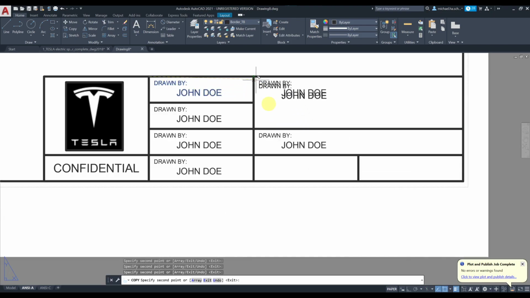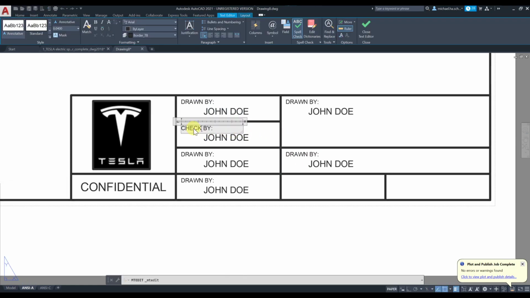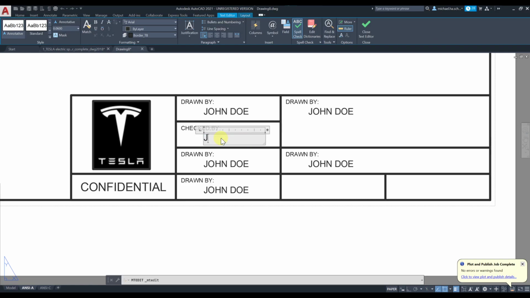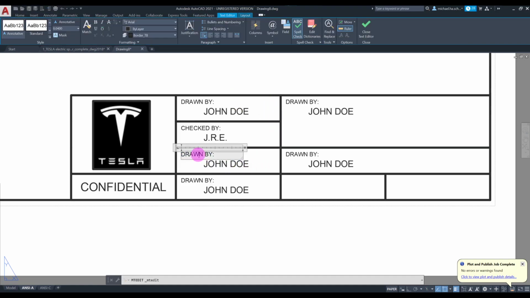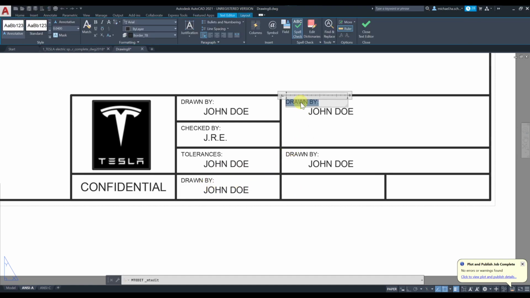I'm gonna also copy there as well, drawn by. Let's double click here and change it to checked by. Let's say checked by Jerry. And then you can change this to tolerances. You can change this to, actually, we might end up changing this, so I'm gonna leave that for now. Let's change this to title,